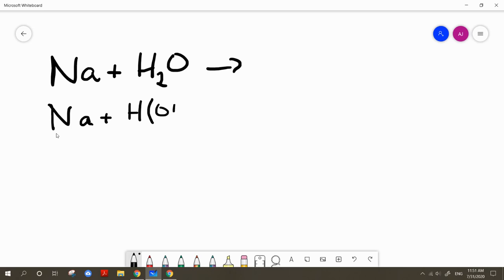Think of it as hydrogen bonded to hydroxide, OH, there. So it's kind of in the form of an ionic compound. If you check the activity series, you'll see that sodium is higher than hydrogen on the activity series. So sodium can displace hydrogen out. And what we end up with is sodium hydroxide